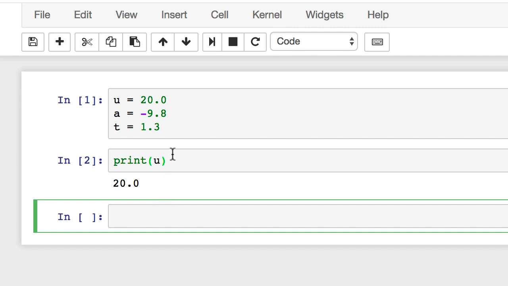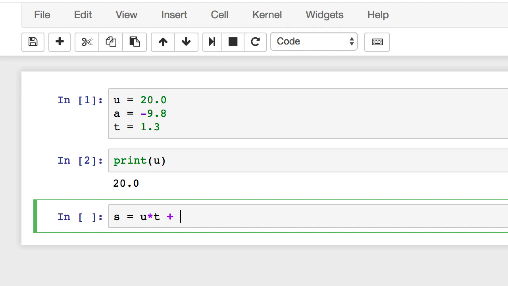Okay, so we've got that. Now we need to put our equation down for the distance. We'll do it in the third cell, so we'll click in that. Now, a few rules for doing Python equations. We'll have s equals ut. Now that's u multiplied by t, and the way you show multiplication in Python, and in fact in almost all programming languages, is the star sign. So ut is u, that's u star t means u times t,